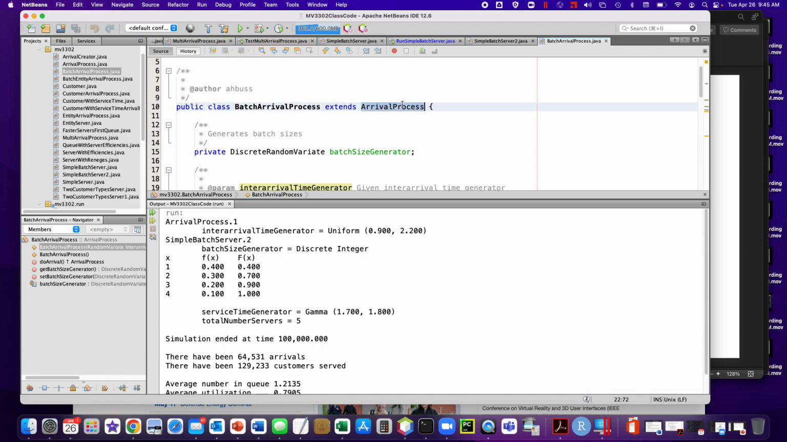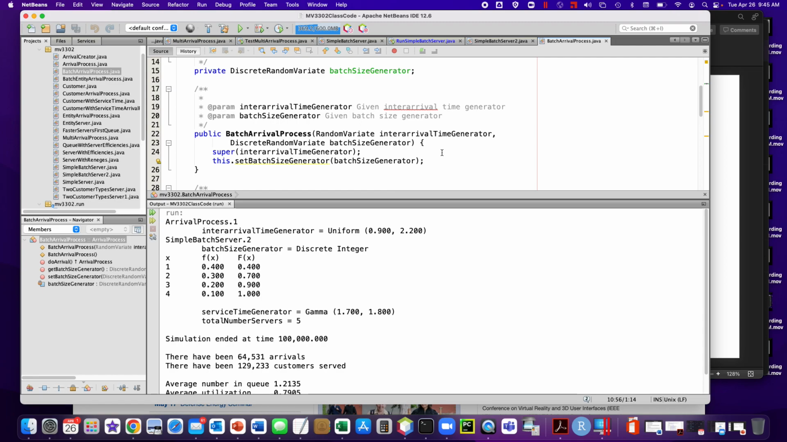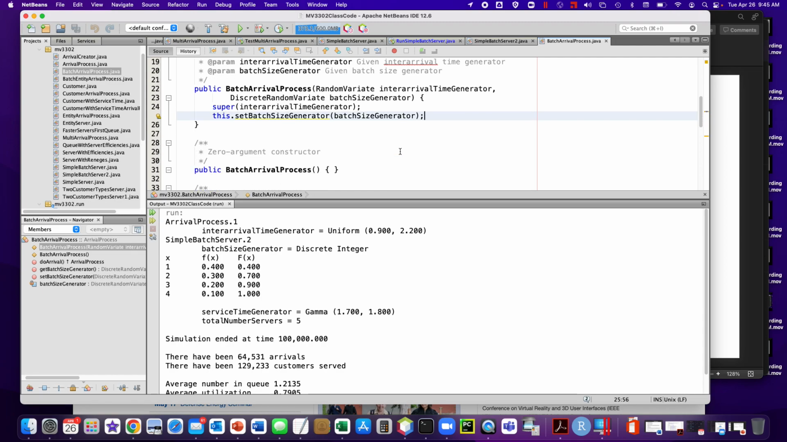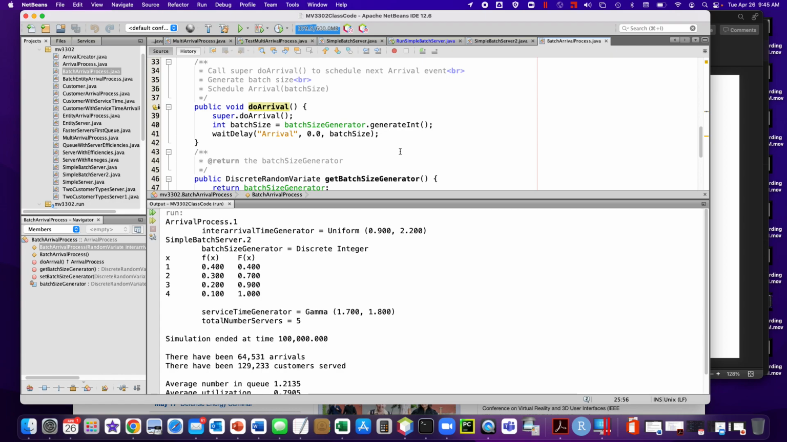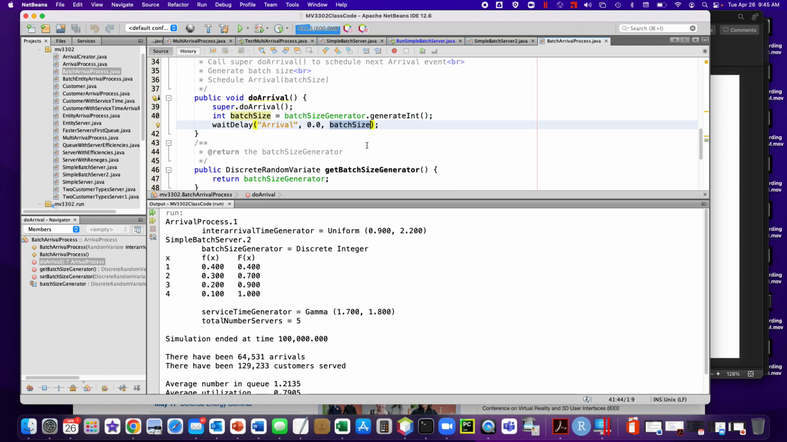When you see we're subclassing arrival process, and we set the batch generator. So now our arrival event, again, remember it had a thin border, so we do call the super because that's what's going to schedule the new arrivals. Now we're going to generate the batch size and schedule our arrival event passing it the batch size. And basically that's all we need to do. So that when we run that,